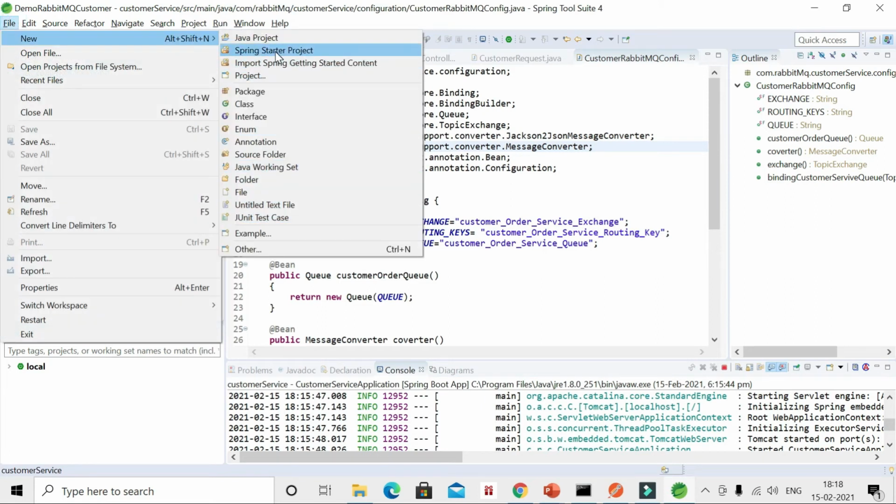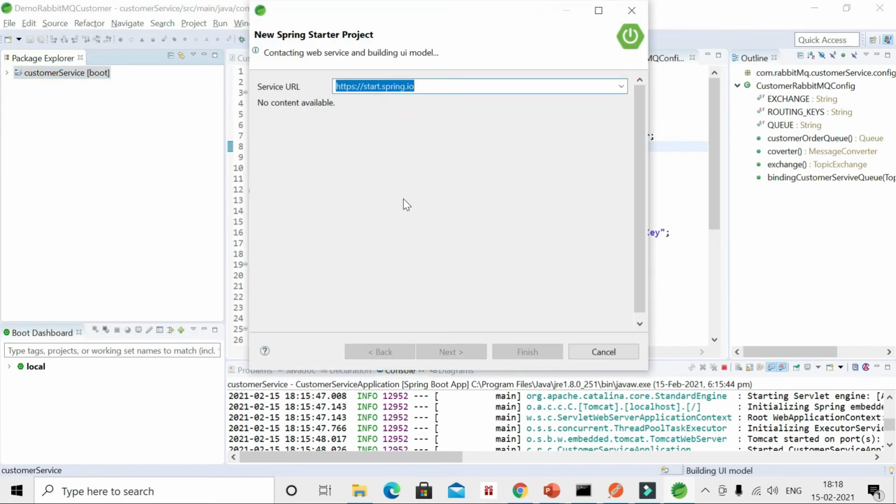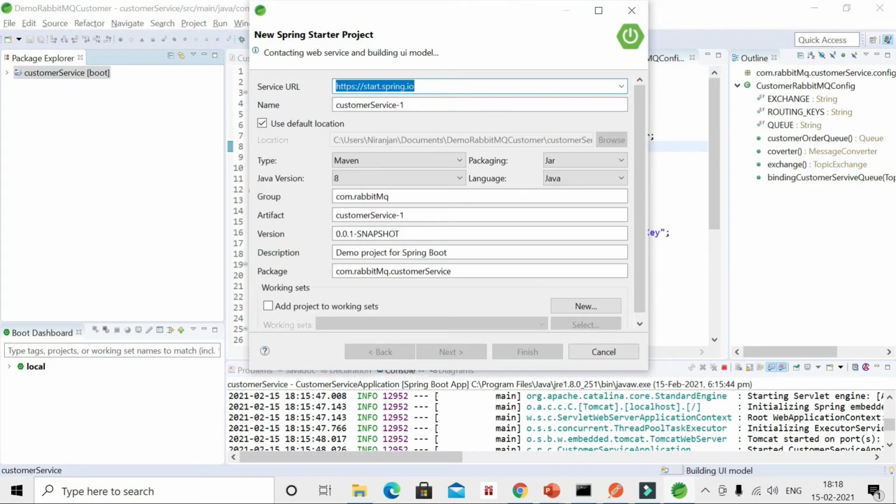So directly I am going to Spring Starter, and we'll give the name order service, order service, and here also we need to give order service.